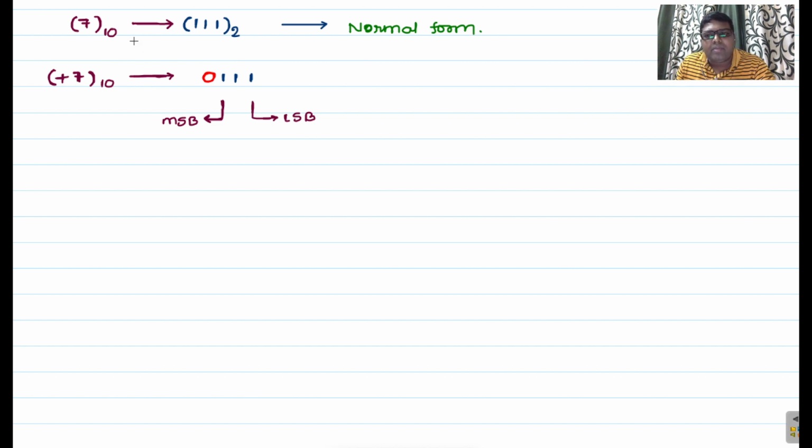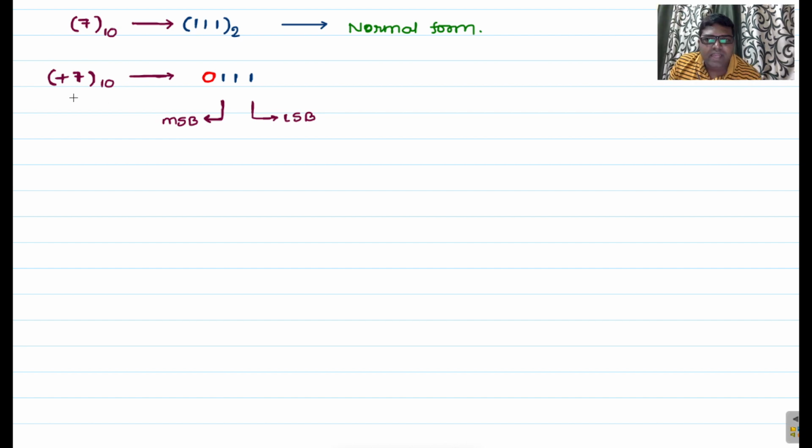How do you represent 7 using 5 bits? By adding the remaining zeros. It requires a minimum of 3 bits, so by adding the remaining 2 zeros on its leftmost side, that is possible. Adding those 2 zeros won't change the 7 value, so we can add any number of zeros on its leftmost side. That's why it can be represented in any number of bits, more than 3. You can use any number of bits to represent this 7.